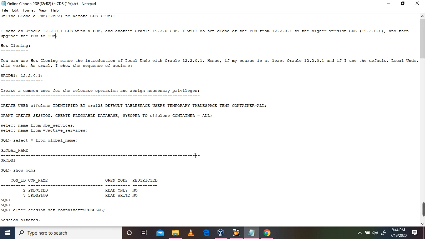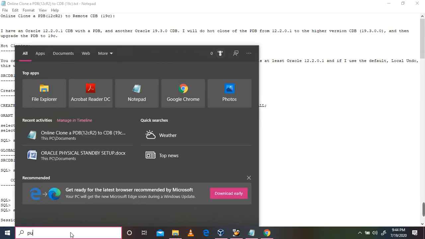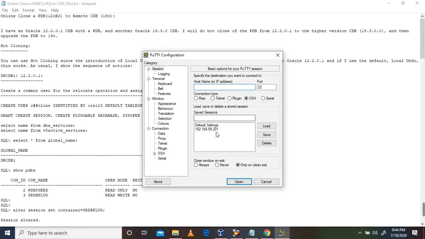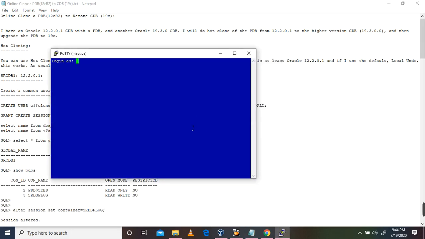In this test lab, I have prepared one database running 12.2.0.1, 12cR2, and another database running 19c, 19.3.0.